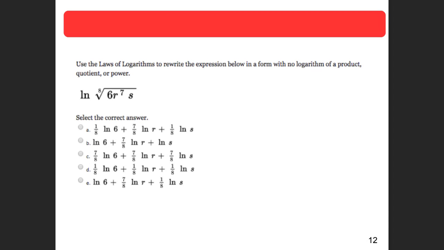Use the law of logarithms to rewrite. These problems come up over and over again. Now this one's a little bit tougher because it's the 8th root of this whole thing. You have to be really careful when you rewrite that, because that 8th root goes to everything. So if I had to rewrite this, I'm going to rewrite this as the natural log